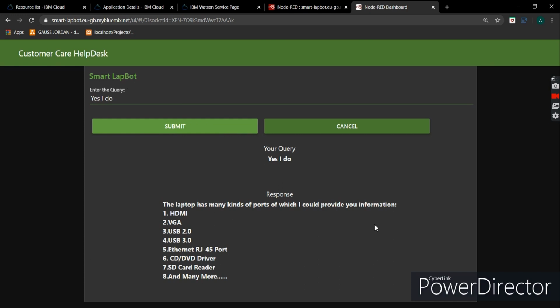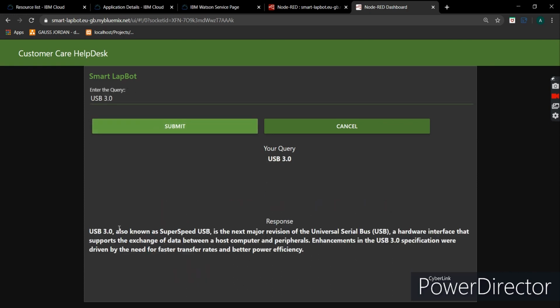See, it shows me the available ports information. You can read any one. So I type USB 3.0 and submit the query. Now you can see it is showing me that it is also known as SuperSpeed USB port and all the specifications that the port has.